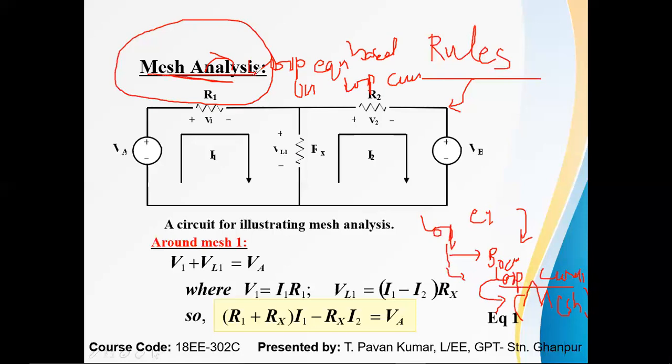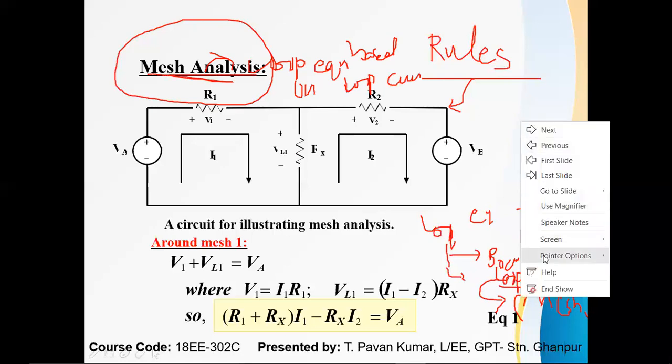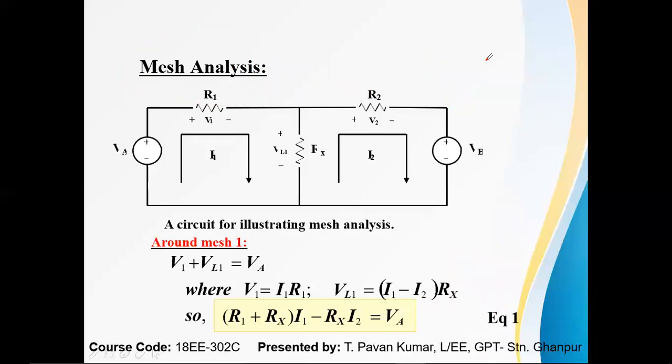Now let me write this clearly. In session number 8, there is a set of rules. Rule number 1: assume the number of loops is equal to the number of loop currents. Here also, I am assuming the number of loops is 1 and 2. This is one loop. I should mention the loop currents as I1 and I2. Don't touch these branches. I mentioned this in the session also. If you have any doubts, please go through that session. This is I1 and I2.